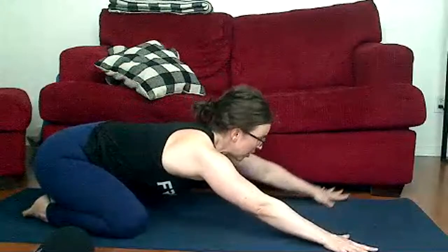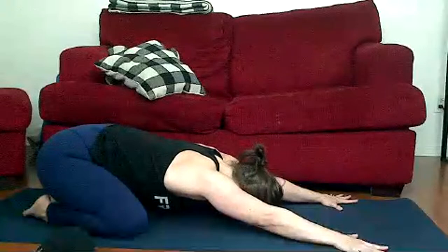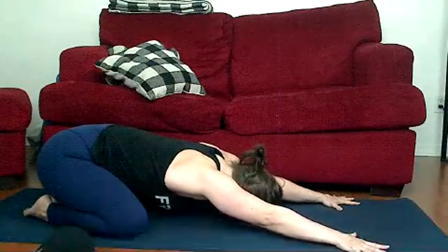And I'm going to walk my arms forward until I can feel again that rebound effort from the lower and upper arm bones. And my torso just drapes as I push my hips back and reach my fingertips forward. I'm going to drop my forehead. We're going to hang here maybe for about 30 seconds or so. And what I want you to really concentrate on doing here is finding your breathing